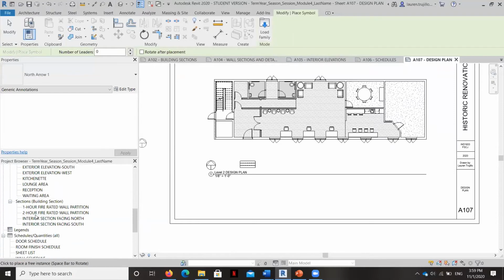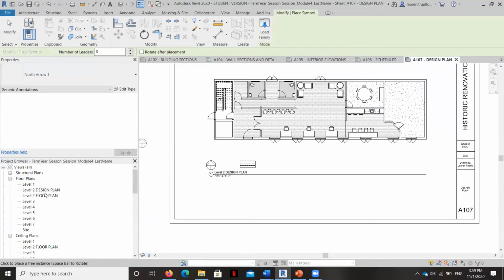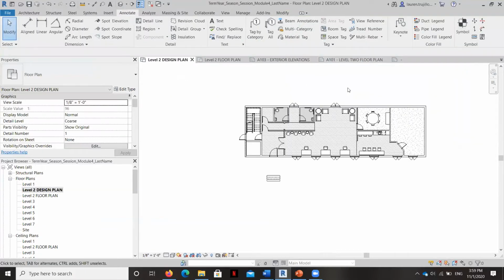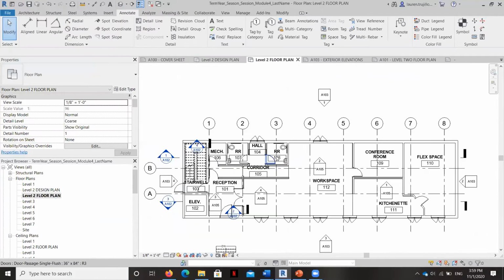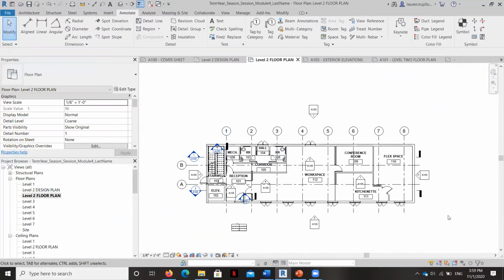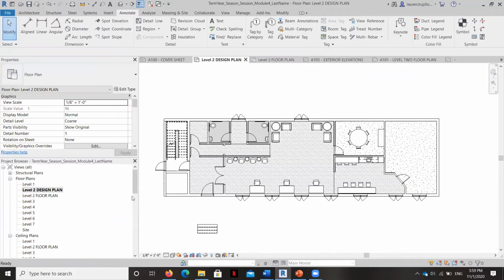So what I want to do is just do some very basic dimension lines, and we're going to start by doing it on our design plan. And this might be helpful for us, for example, to show sizes of rooms. Again, sometimes we dimension a floor plan here, but because there's so much content on this plan already, I'm going to go ahead and just draw it on the design plan. But as we know, they'll show up on both because these were duplicates of each other.